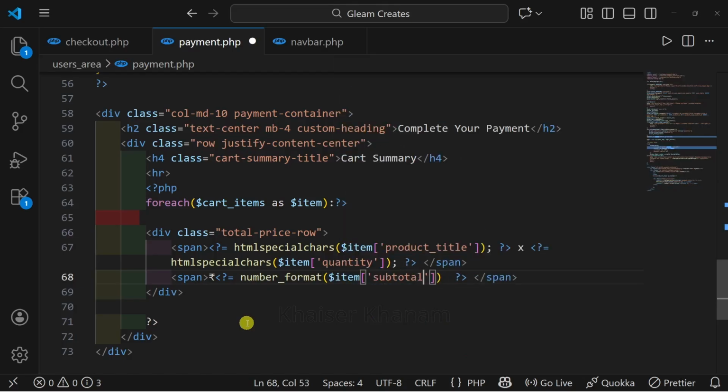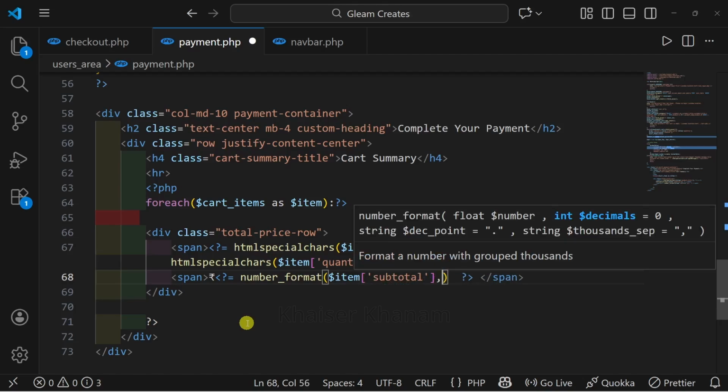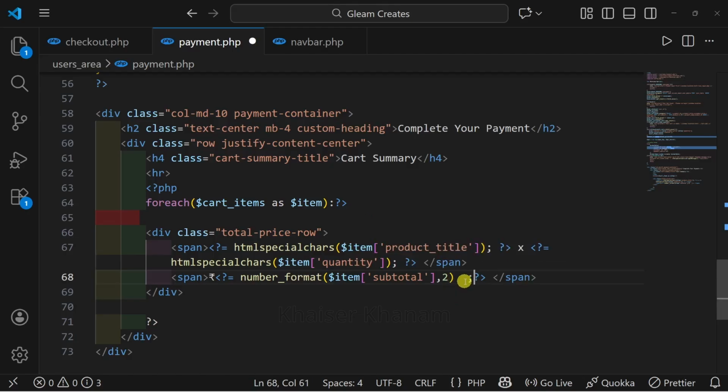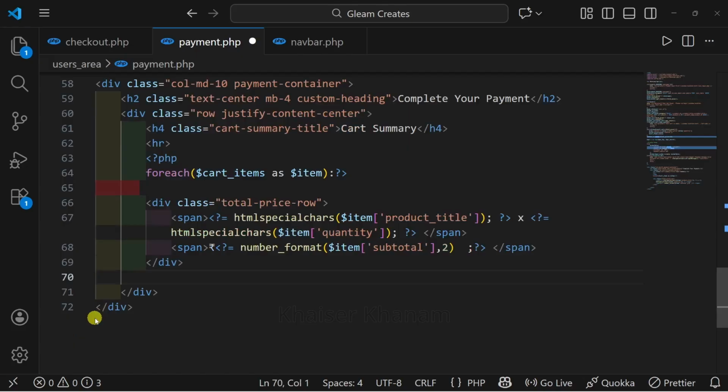So inside the database, we have this subtotal column, and I only want two decimal places. I will separate by comma, pass 2, and then close with a semicolon. And this extra closing PHP I'm just going to remove. Okay. First, what I have done is I have just opened PHP, and inside this I'm starting my foreach